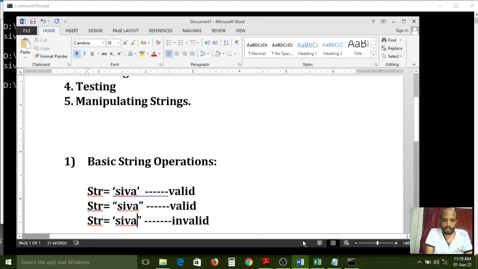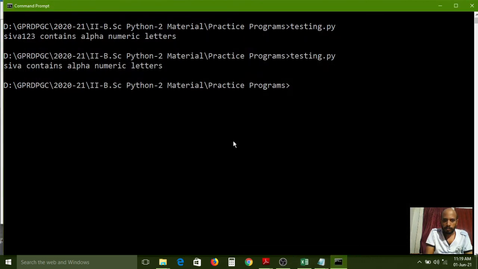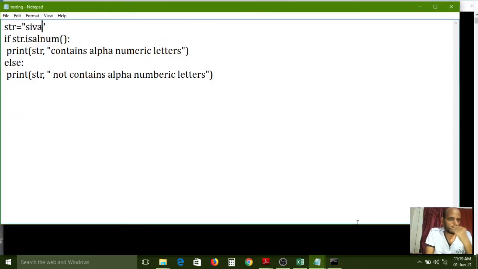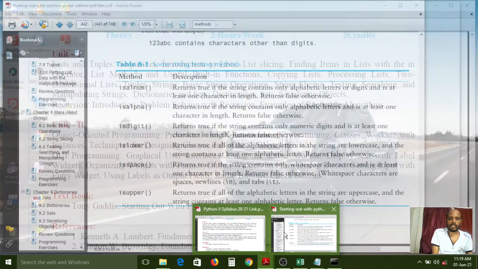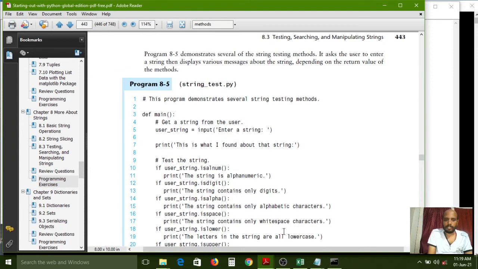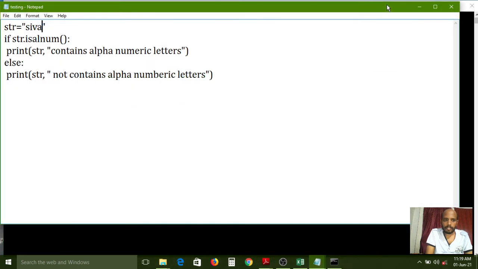I think the isalpha method is not working properly, no? str.isalnum. Wait, have we used the proper syntax or not? isalnum, isalnum.